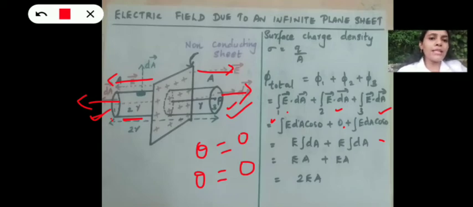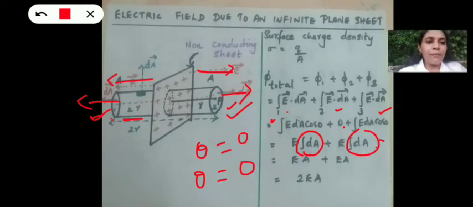Here also the electric field intensity is the same at any point on the end surface of the cylinder. So it can be taken outside the integral. You will get E into integral dA. Again, plus here also you will get E into integral dA. And you know integral dA is what? The total area of the surface. So we can simply write A here, because it is not the curved surface area. We are finding the end surface area. So just write A here. Again here, when you integrate dA, you will get A. So you will get EA plus EA. EA plus EA becomes 2EA. This is the total electric flux through this Gaussian surface.